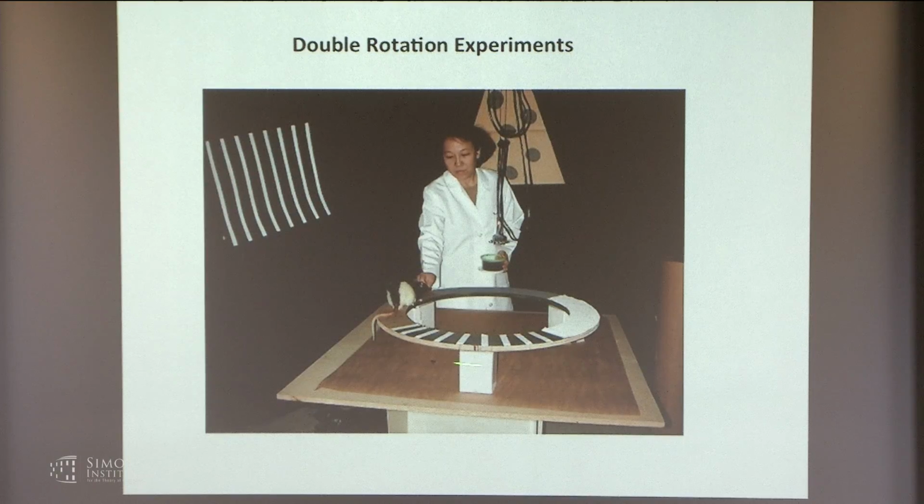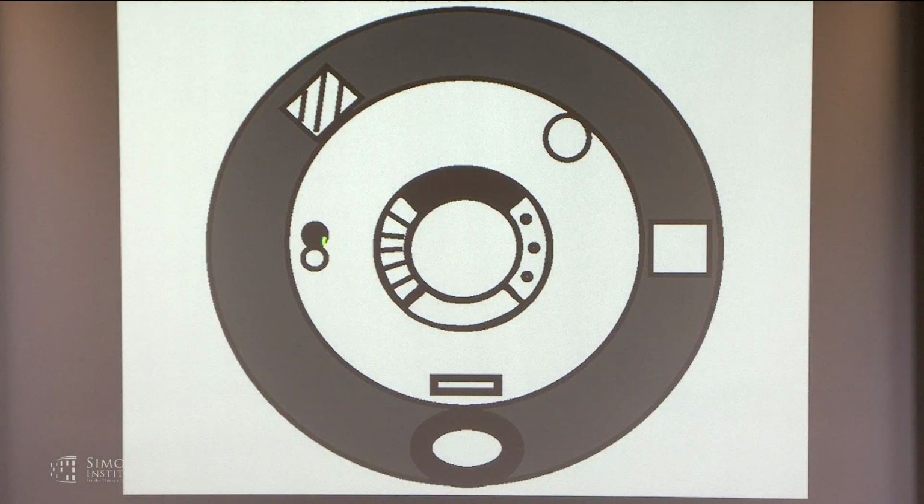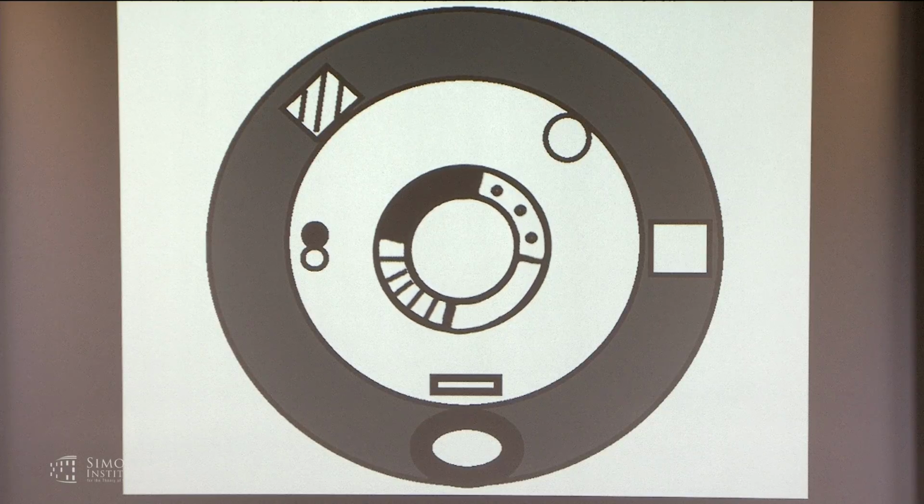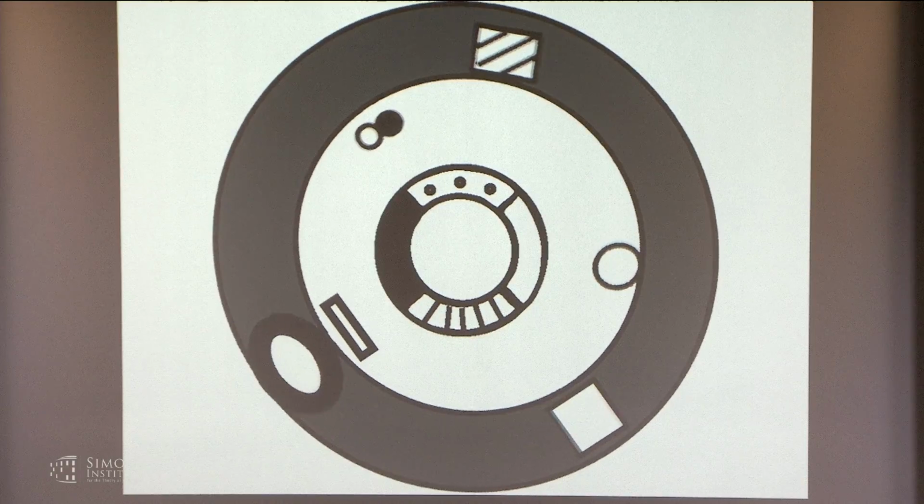So we've been testing theories like that over the years, and we've done situations where we have an animal running around on a circular track with local cues on the track that are very salient, and standard distal cues on the wall. If you look at an overhead view of this apparatus, here's the track with local cues that the rat just runs around in circles, basically going for little pieces of food on the track. On the black curtain are an array of distal landmarks. After the rat is very familiar with the environment, one day we'll rotate the track one way and the cues on the wall the other way.